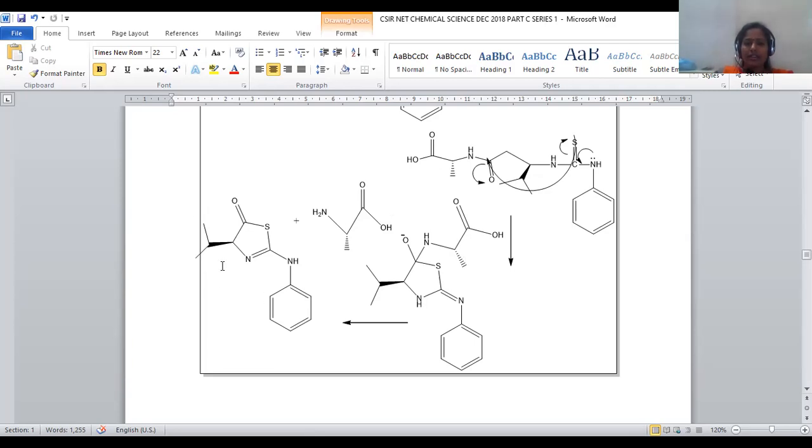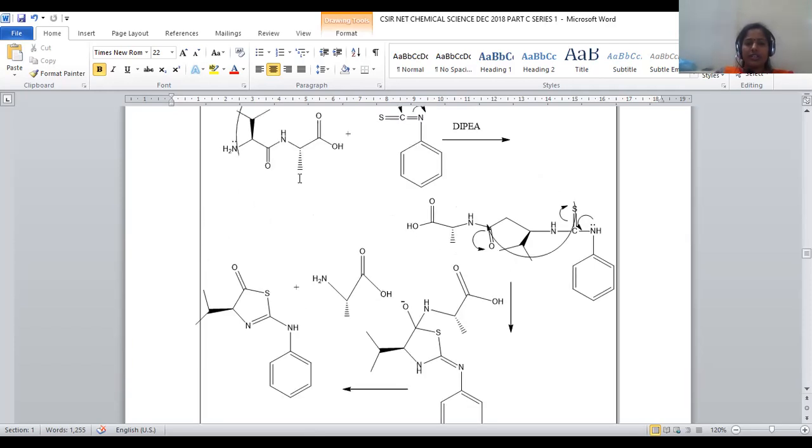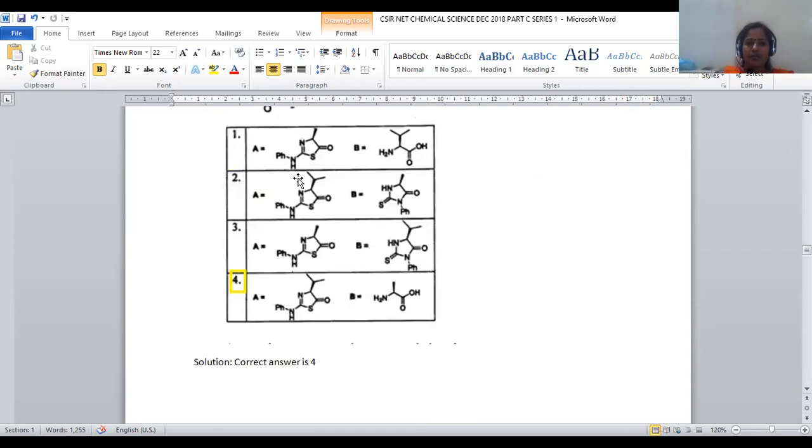So it is a kind of alanine, and one more ring system is generated with aniline, which we can say is a kind of thiazole. 1,3 nitrogen and sulfur is called a thiazole. A thiazolinone compound is generated. Let us see where such a possibility exists. In compound one, we have PhNH, C=S, C=O, NH. This is the exact compound we require. No, here it should be isopropyl rather than methyl.